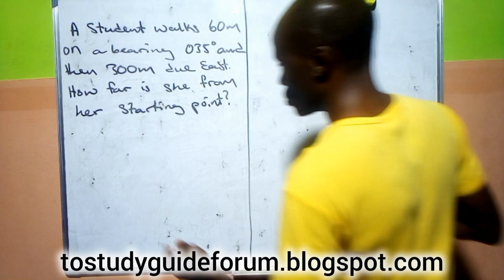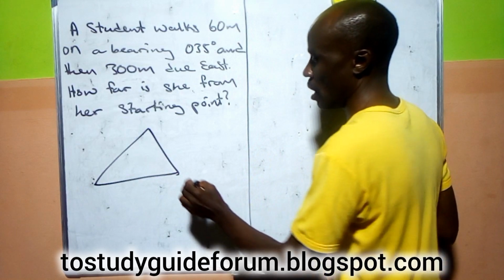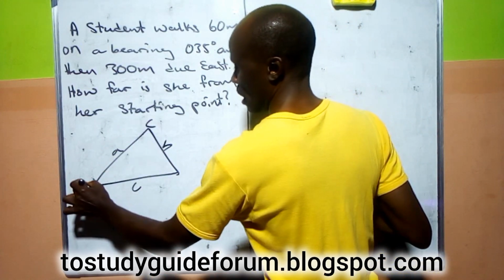Today we're going to be solving a problem that has to do with bearing. But before that, we need to look at some of the rules. That is the cosine rule. In the cosine rule, we have